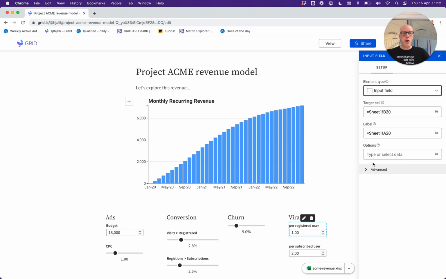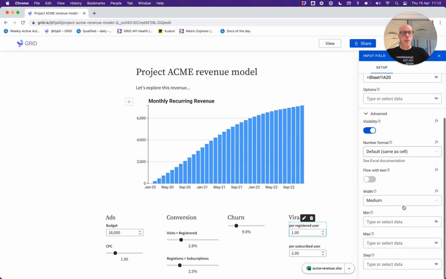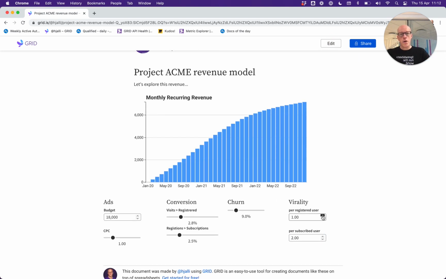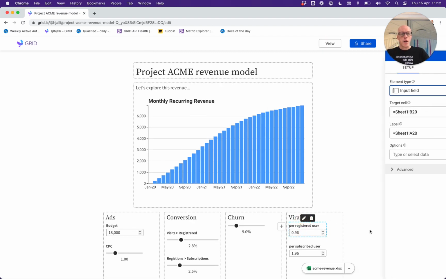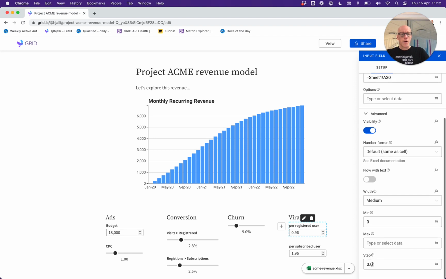Edit, and then we want to set the minimum to 0. The maximum doesn't really matter what it is here, but the steps we want in kind of 0.1s or even 0.01, and similarly we want the same thing to be true for this one. So now everything works while it's in edit mode, and you can see that the changes are smaller. Probably the in-between step, the 0.1, is the better one. So go in here, change that to 0.1,